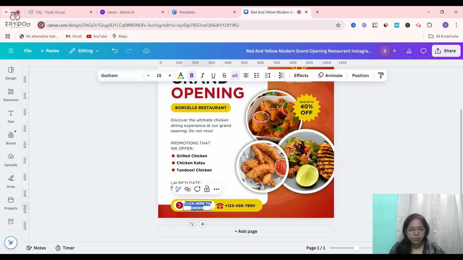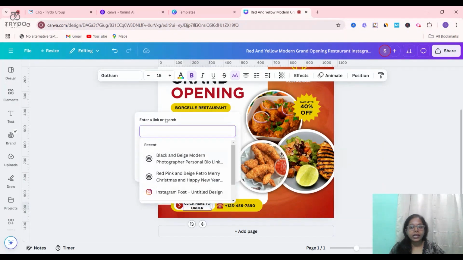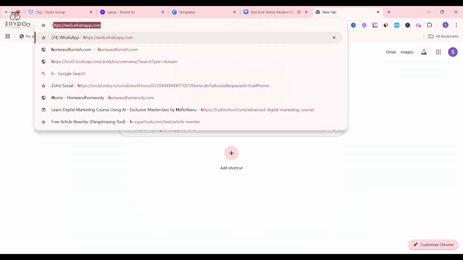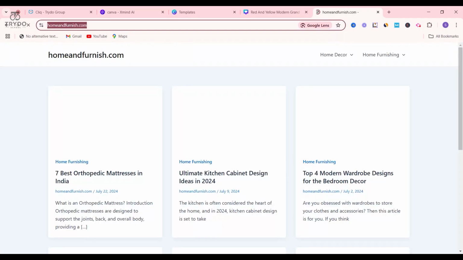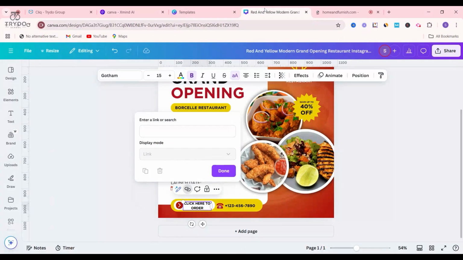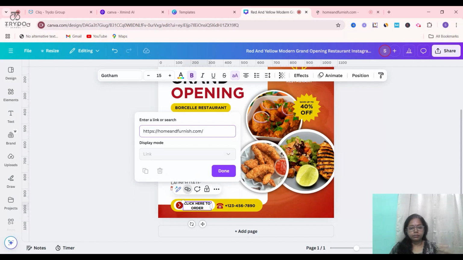Can you see when I'm selecting this text, there is an option called link, correct? Let me click over here. You have to enter a link. Right now I only have home appliances related websites. I'm just adding it, but you can add the proper links.